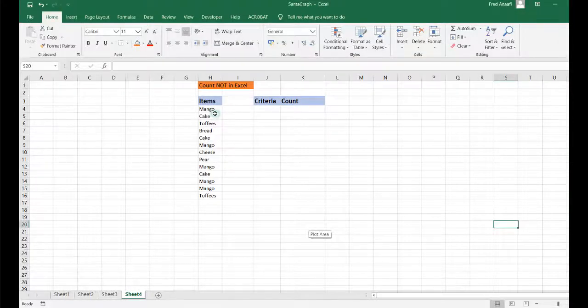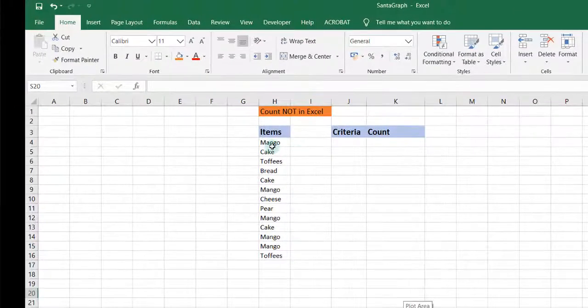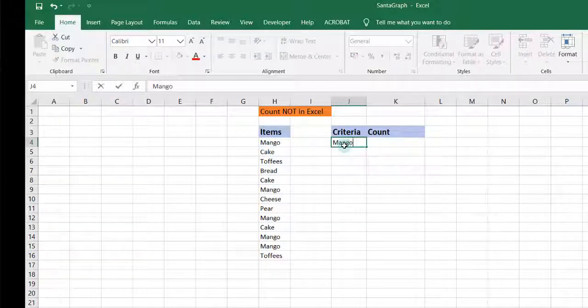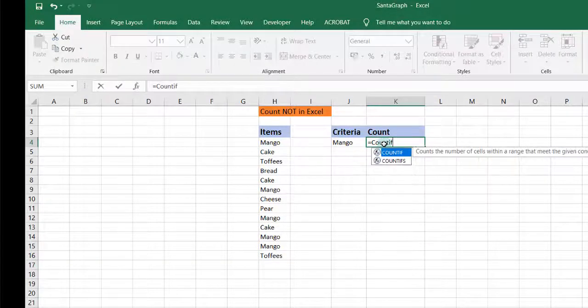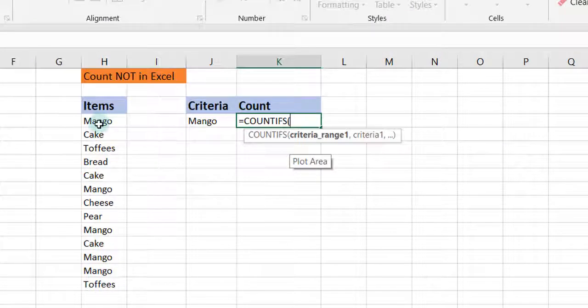So assuming you have data items like this and you want to count, but the item you select, you don't want it to be part of the ones you count. So assuming you are looking for mango, and you are going to use the formula COUNTIFS. So COUNTIFS, we select our range,